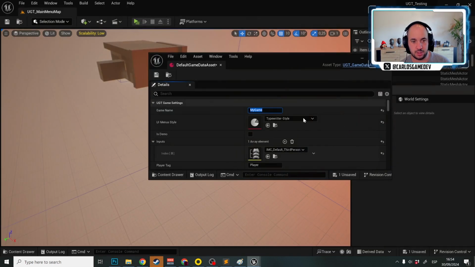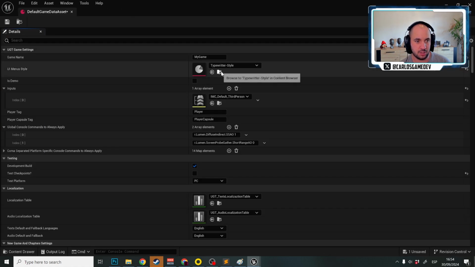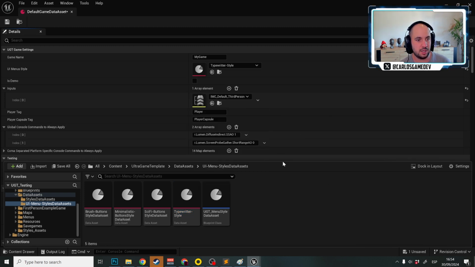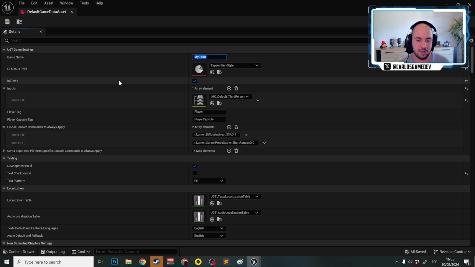Of course, this is another data asset. So you could actually duplicate any one of those styles and make your own. And then there you can select your new style, or you can make one of your own from scratch. Anyway, IsDemo is a very useful tool, because if you check IsDemo in the main menu, a